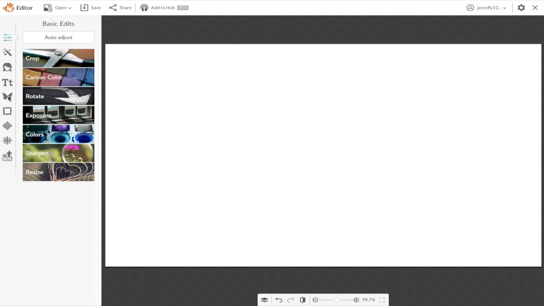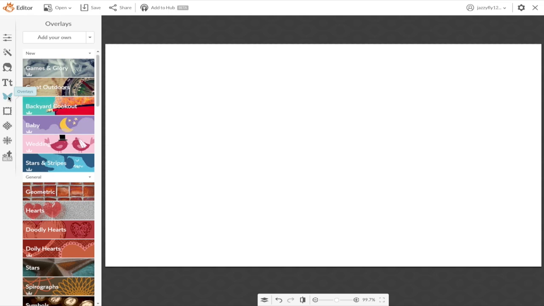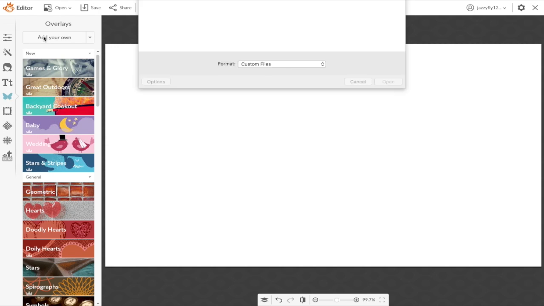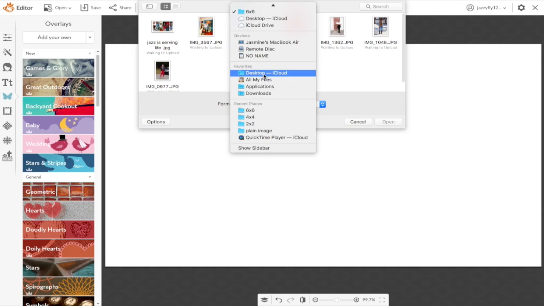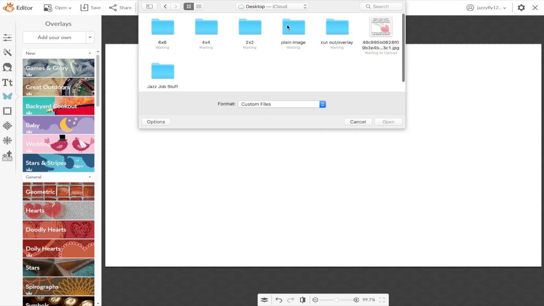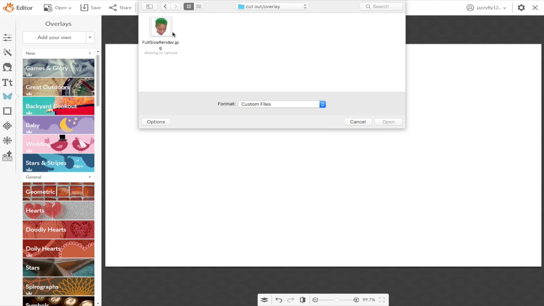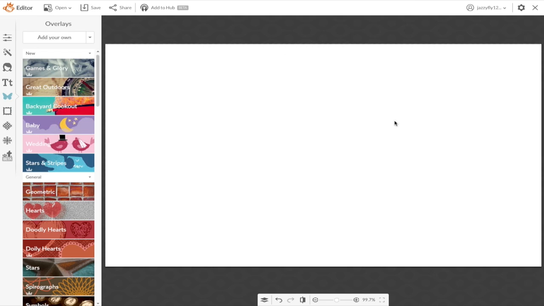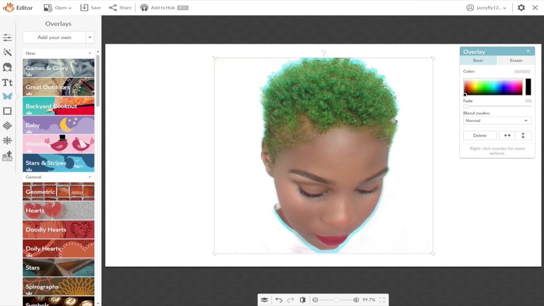Then we're going to click on this butterfly. Once again, the butterfly is overlays, and overlays is just a picture on top of a picture. You can add your own, so you're going to click add your own. I'm going to go find mine, and I'm going to use this image right here because it's a crisp white background. It almost looks like I don't even have to do it. So what you want to do is